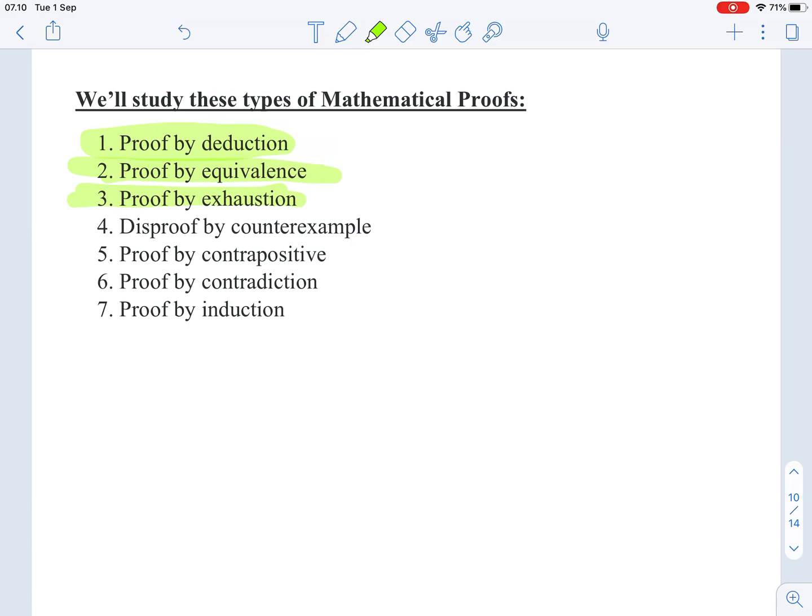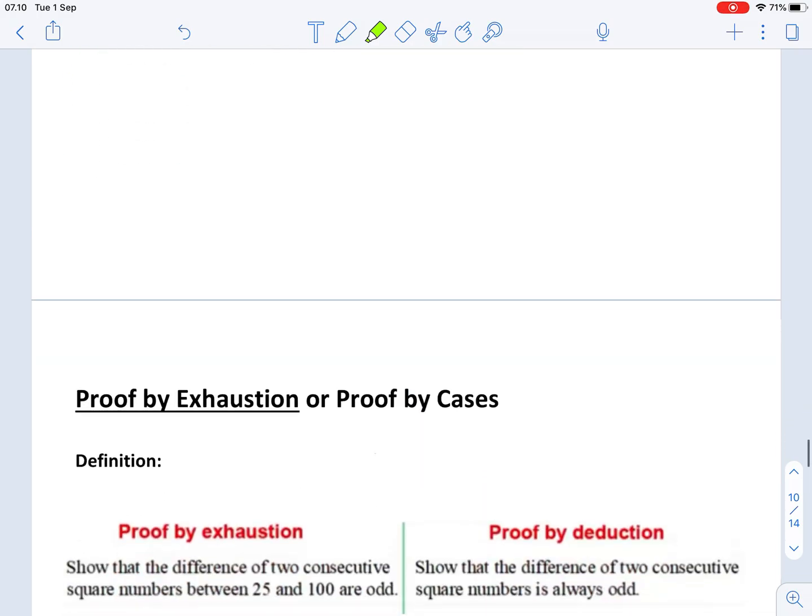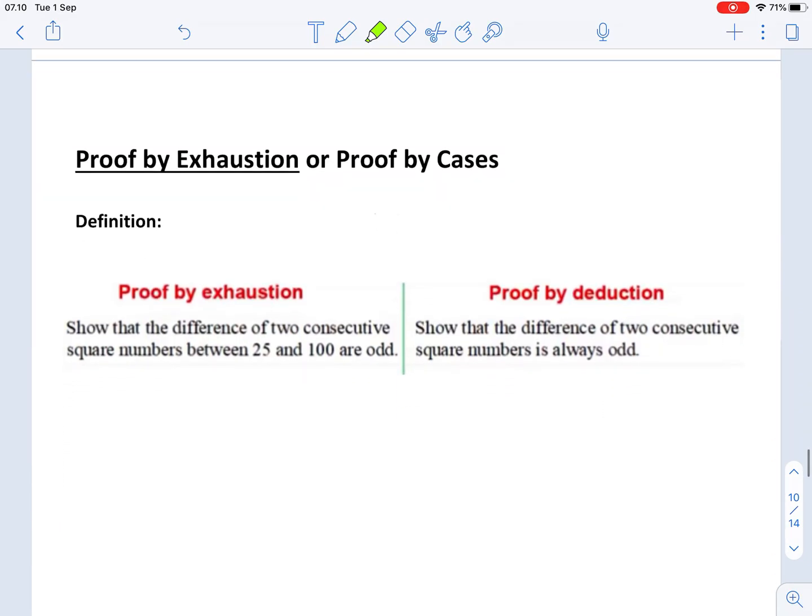This video will be about proof by exhaustion. We've already covered proof by equivalence and proof by deduction. Now we're looking into proof by exhaustion. All right, so proof by exhaustion, you can also call it proof by cases, and that'll make sense in just a second,